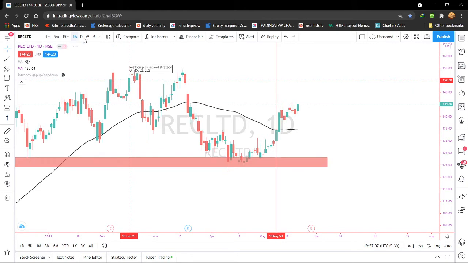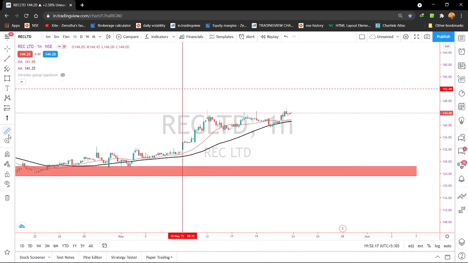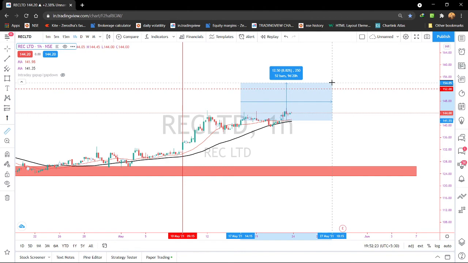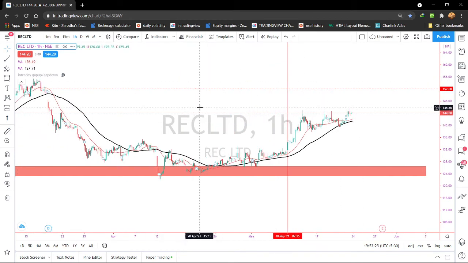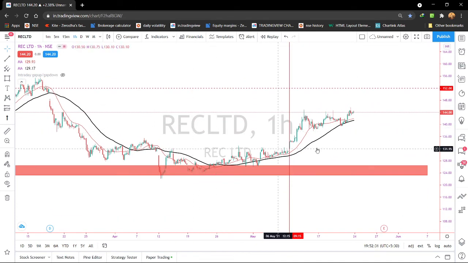Okay, we will go to the 1 hour time frame, and here it has already crossed. Then try to turn on the 20 moving average. As per this, this was the entry till now. It has given 2%. It will go on. You don't have to worry. And if you are a short-term trader, then you have to look only for the 50 moving average in the 1 hour time frame.